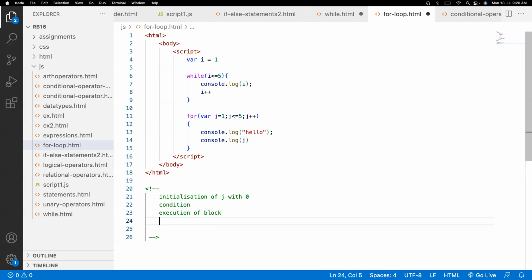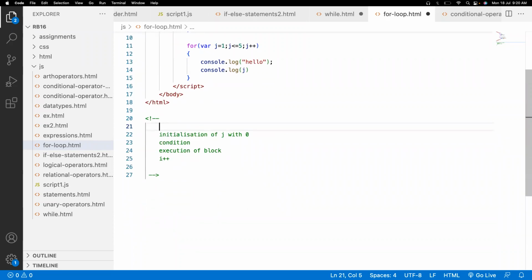Then the third statement, j++. That is the third statement. Okay? So this is the first part, the first time. Second time,